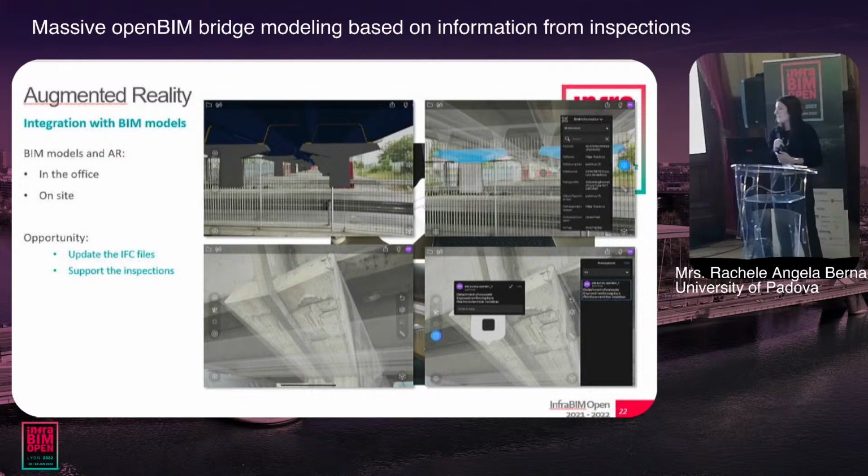Okay. At the end, the other test that we have done was to upload the model itself into an AR device, so a platform and then a device, in order to show the opportunity to use AR devices during the inspection phases. Of course, now we are testing all of this information with the inspectors themselves in order to understand if it is possible, if it is useful, and in which kind of situation it is possible and useful to have an AR development.